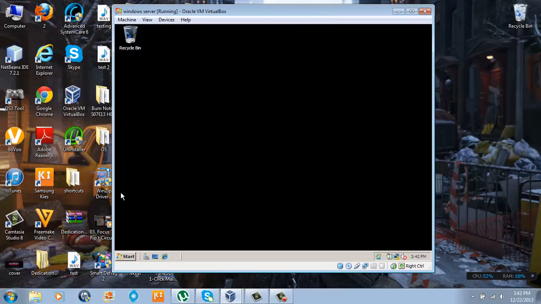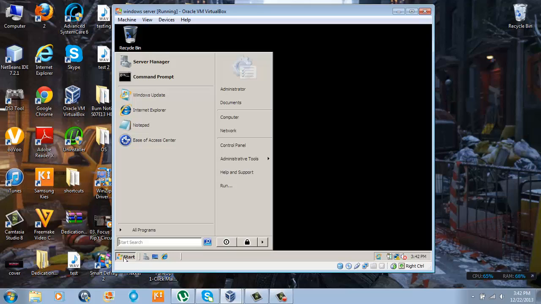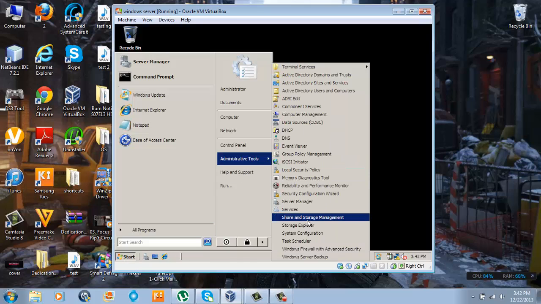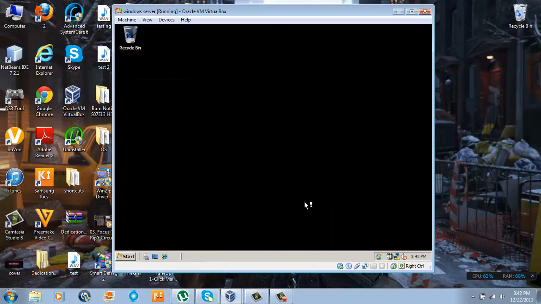Hi, in this tutorial we'll be doing Windows deployment in Windows Server 2008. What deployment does is allow you to remotely install different operating systems on a blank computer on a network. To get started, we'll go into Administrative Tools, go to Server Manager,